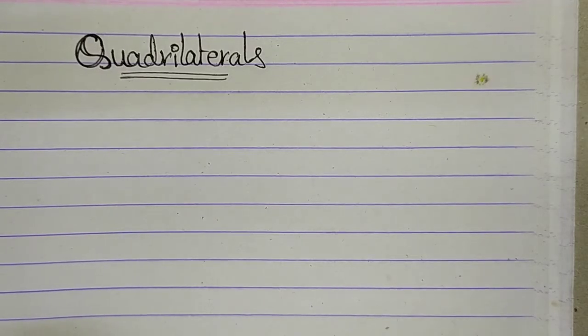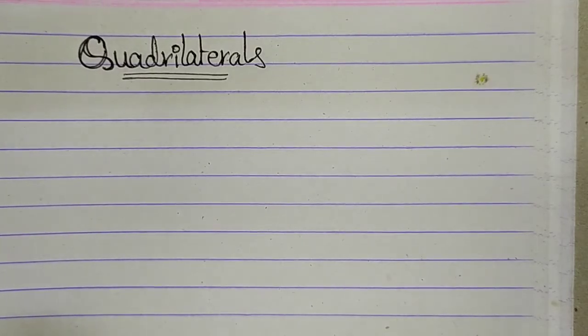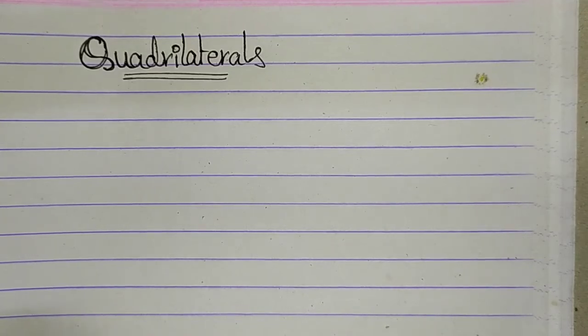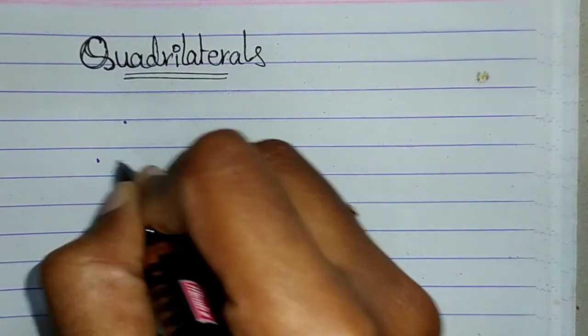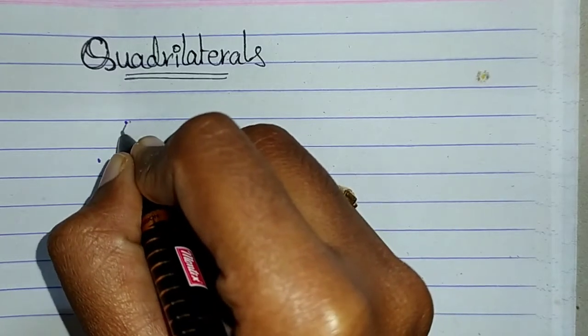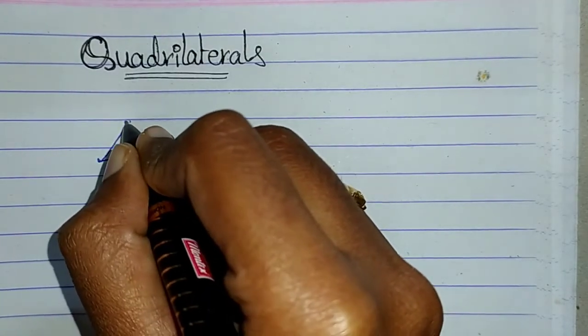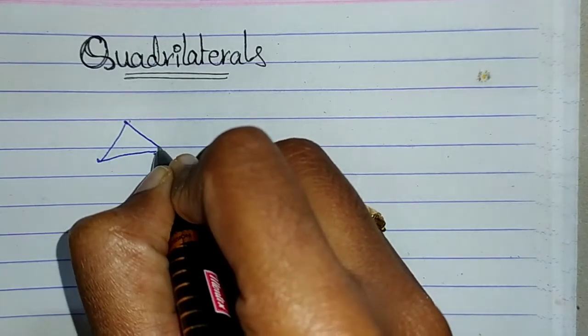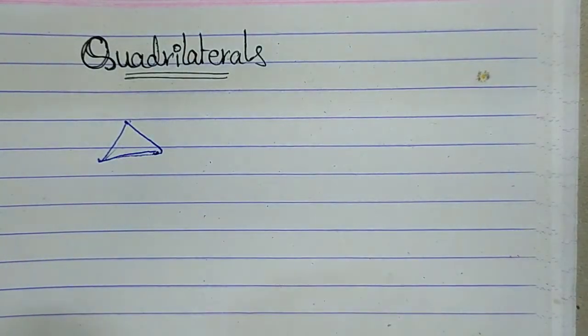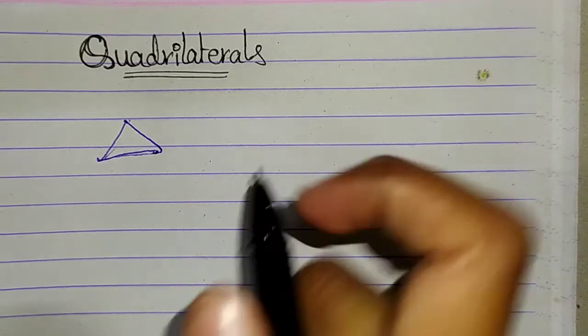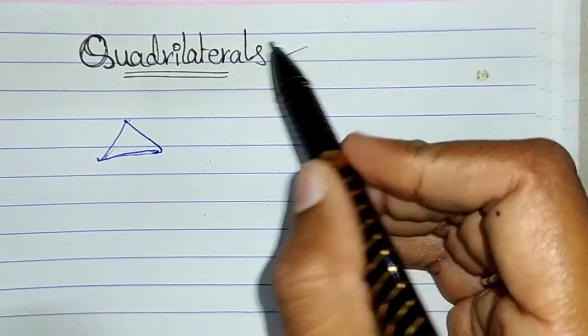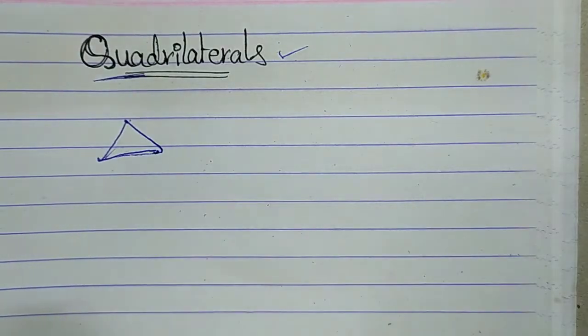So let us begin by understanding first what are quadrilaterals. In the previous chapter, you have studied about triangles and their constructions. You might have learned that a triangle is a polygon with three sides. That means if we have three non-collinear points and when we join each of these individual points, we get what we call a triangle. It is a closed three-sided figure formed by joining three non-collinear points. That is a triangle.